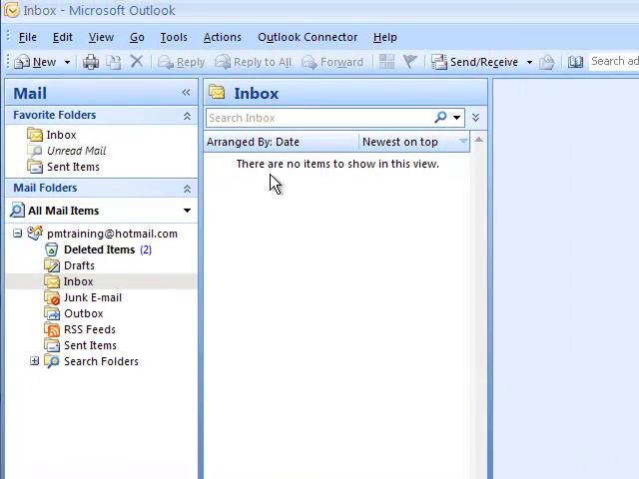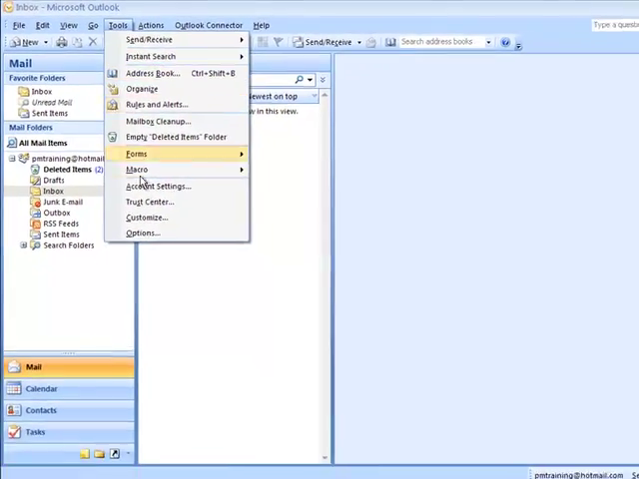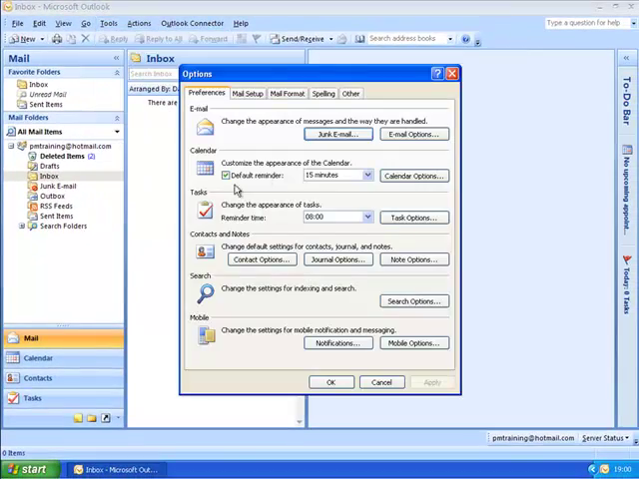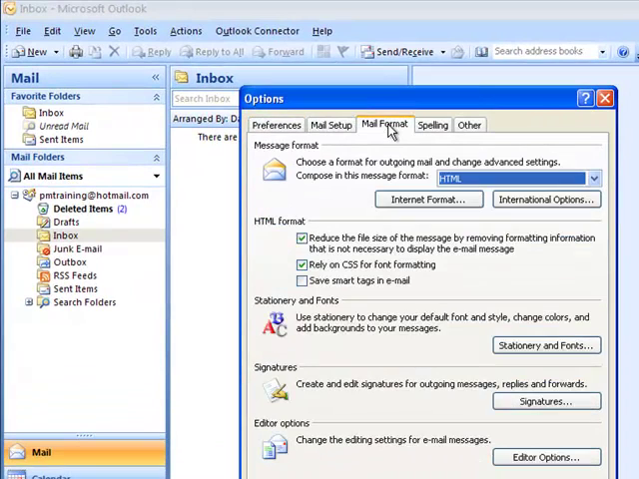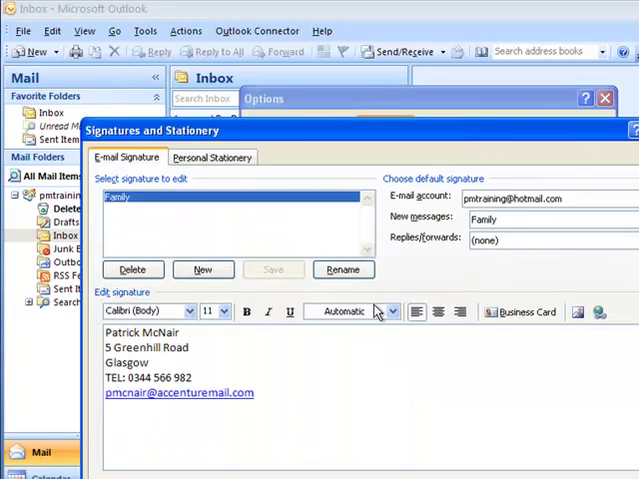In order to get back to the dialog box where we create and edit signatures, we do exactly the same thing as we did before. We click on Tools, we go down to Options, click on the Mail Format tab, and click on the Signatures button. And you'll see there the family signature that we created already. So what we're going to do now is create one that's relevant for a business. If I click on New,